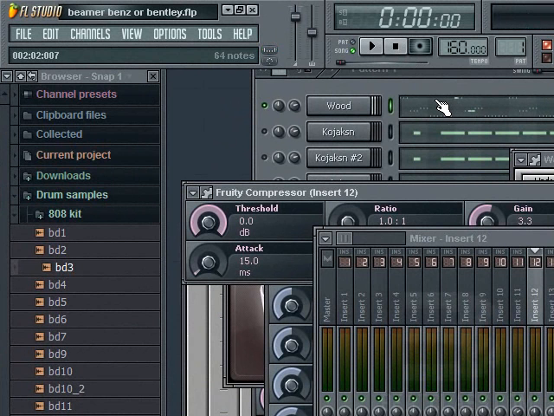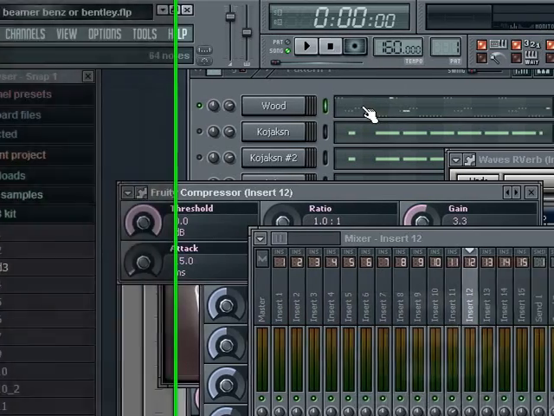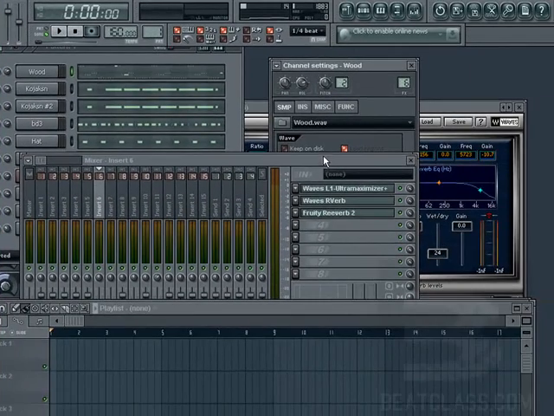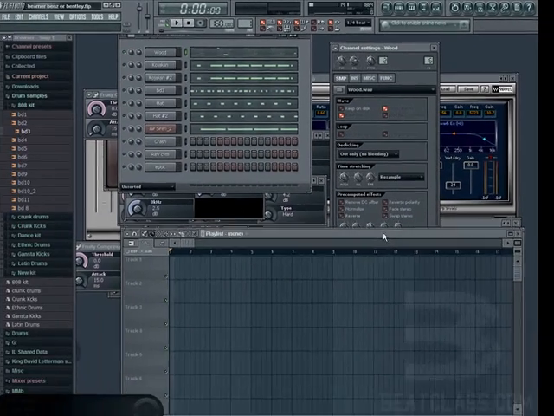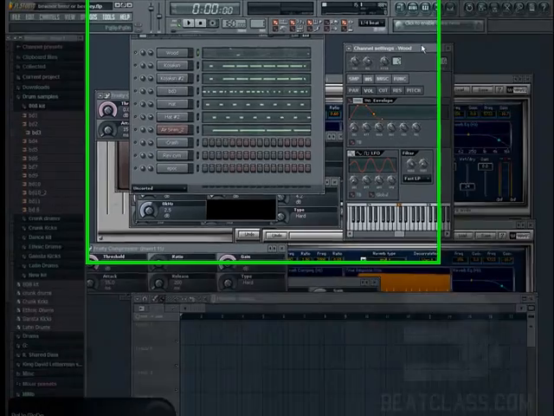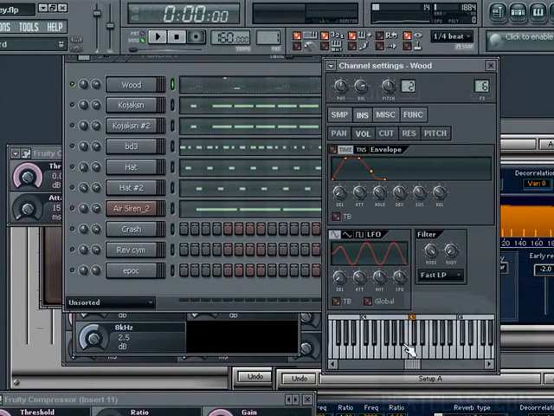Beautiful. Okay, so here's what happened. First off, I had to listen to the original, and then we had to get the exact notes that were being played. So we're going to go to the channel settings, and I'm going to ask you to take a look down at the bottom of the channel settings on the INS tab, and you'll see that there's a matching